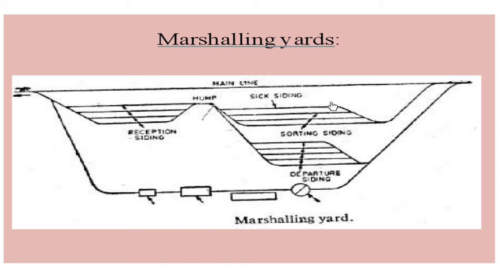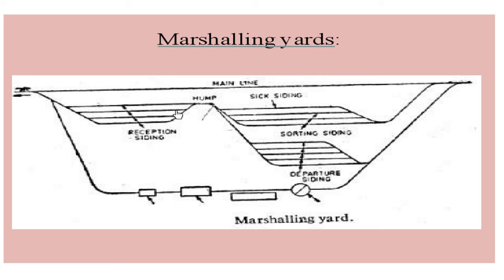So sometimes this will be occupied, or some trains will be there over this place. So the new trains which are coming, they'll have to wait, and once this is finished and they are going to the departure siding, then only the trains in the reception siding can enter. So this is just a waiting area.